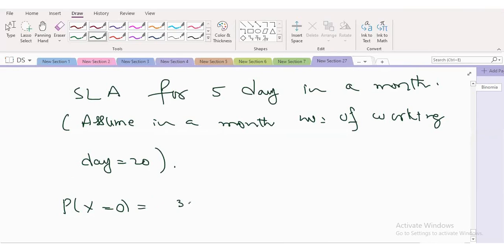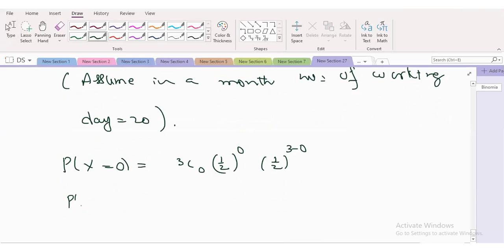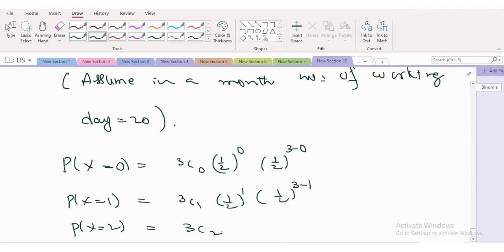What is that? 3C0, p to the power of, how much p we got? (1/2) to the power of 0, and actually I should write 1 minus 1/2, right? (1 - 1/2) to the power of 3 minus 0. What about this? 3C1, (1/2), (1/2) to the power of 3 minus 1. What about this? 3C2, (1/2) to the power of 2, (1/2) to the power of 3 minus 2,